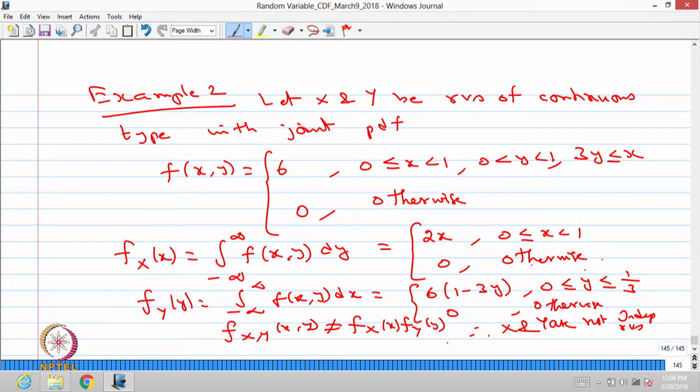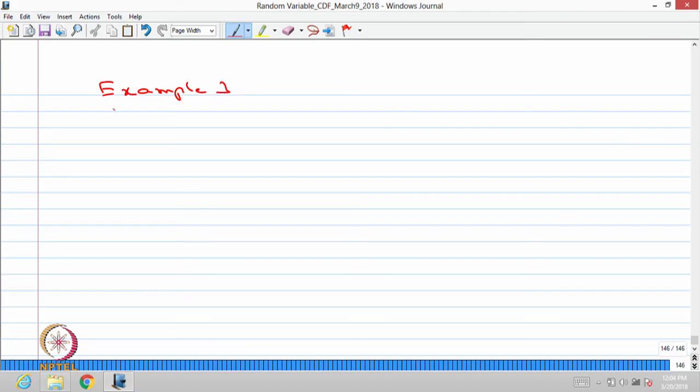So I have given the first example in which they are independent random variables by finding the marginal distribution, whereas in this example, by finding the marginal distribution of x and y, we are concluding the independence condition is not satisfied, therefore they are not independent random variables. We will go to one more example, that is example 3, because we already discussed 2 problems of the continuous type. We will see one problem of the discrete type also, that is,